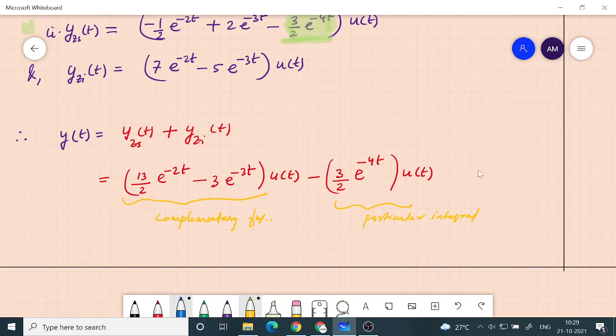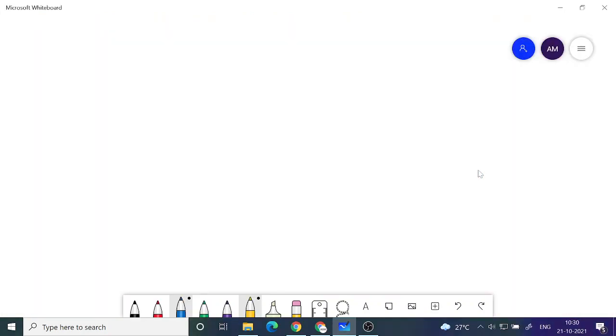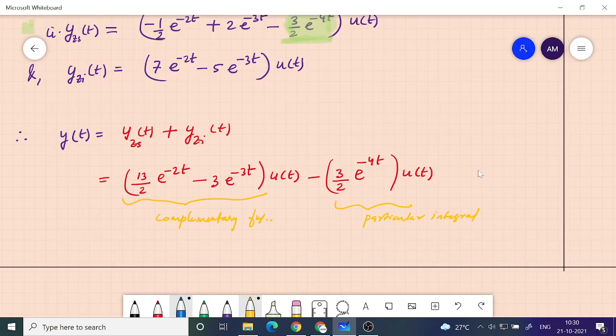I have maintained the terminologies which are more related with signals and systems. That's the only thing, and I applied the method of Laplace transform, unilateral Laplace transform, in order to do that. But if you had done it just like you do in mathematics, you will first find out the complementary function, and then you will find out the particular integral. Okay, so the solution style is different, but you can get the same answer from this method also. The only thing is that you have to add and recognize which term is actually coming from the input.